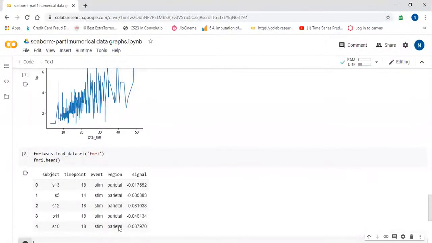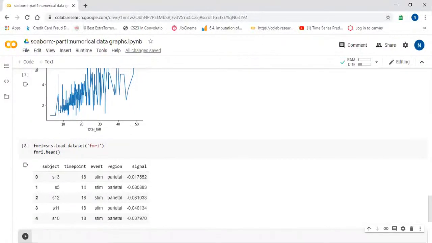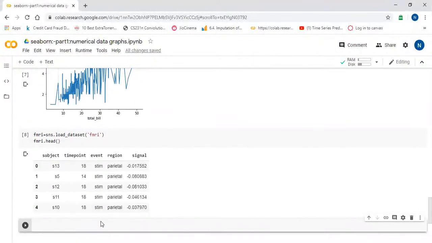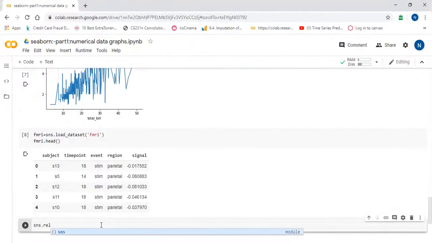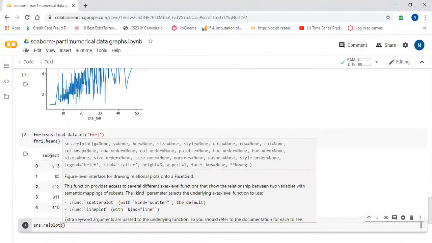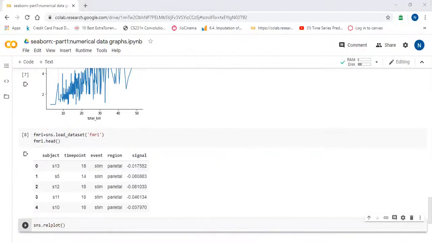The fMRI dataset has subject, timepoint, event, region, and signal. We will plot a line plot with sns.relplot on the fMRI dataset.